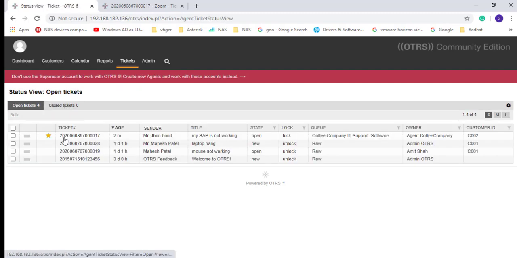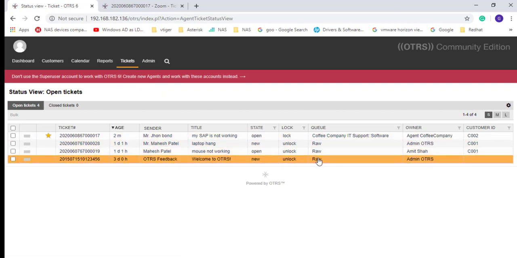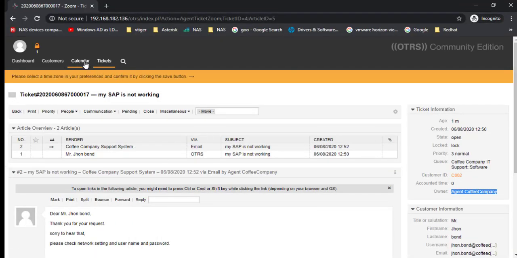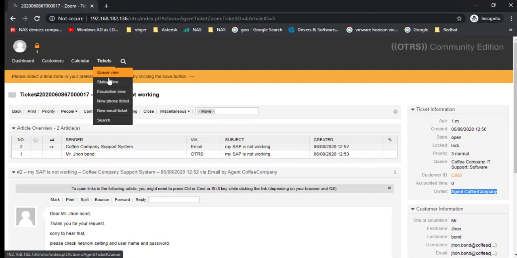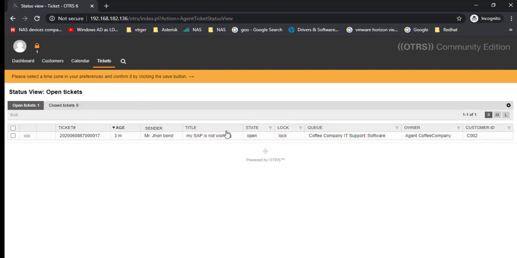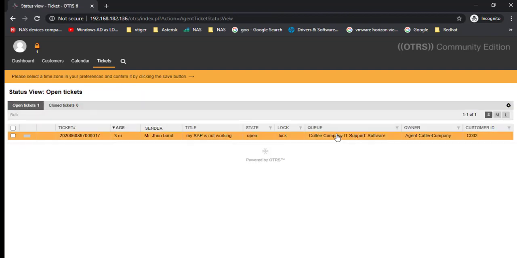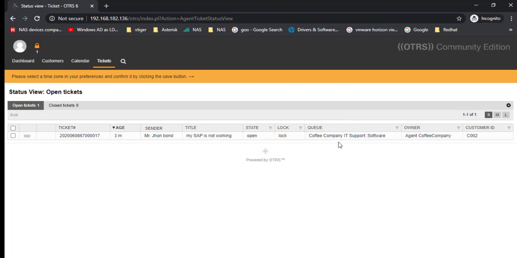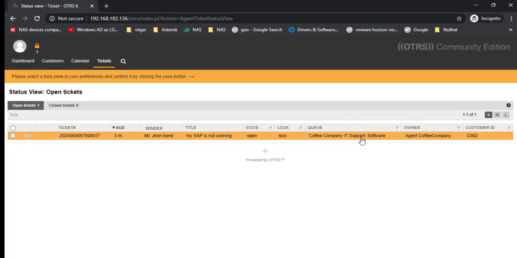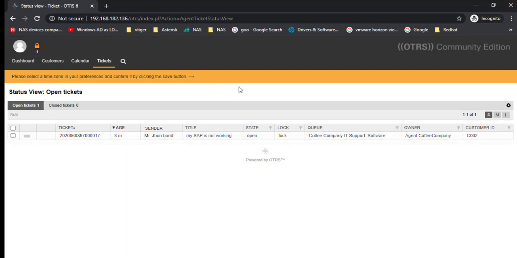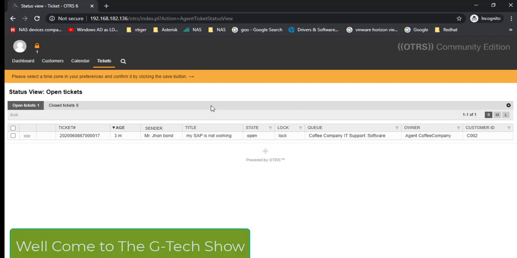Status views, see all queues, admin or supervisor can see. And let's check how it looks for the agent. Status view, only the coffee company queue is visible to the agent. Okay, I think we are done with our configuration.